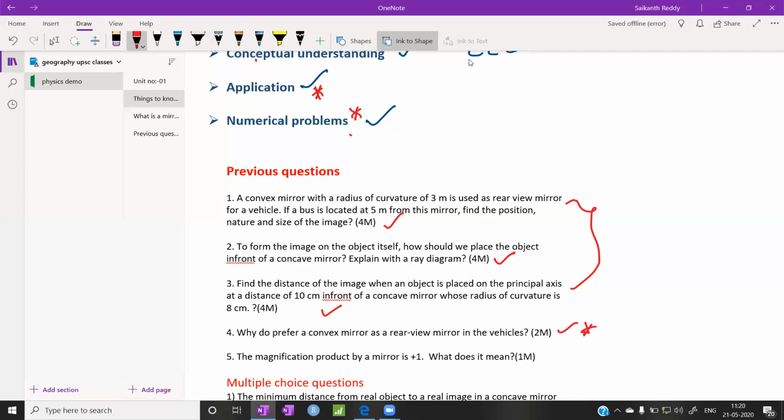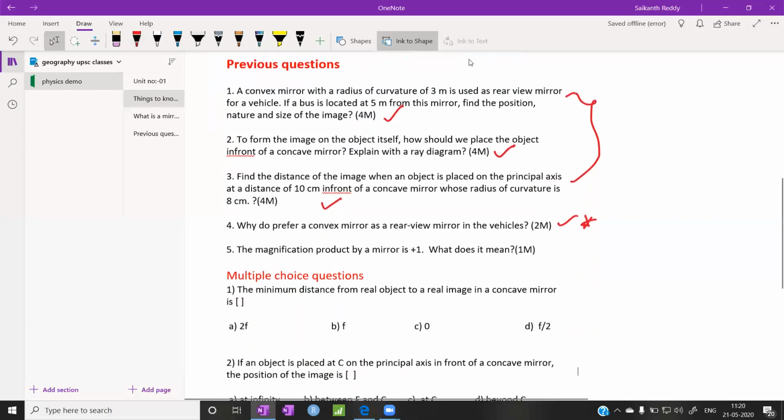To answer these questions, my dear friends, please believe me, after completing all this discussion, you will be able to answer all the questions without any revision also. This is possible. For that, you need strong fundamentals and basics, strong conceptual understanding and applications. Just focus on my class so that you can understand.